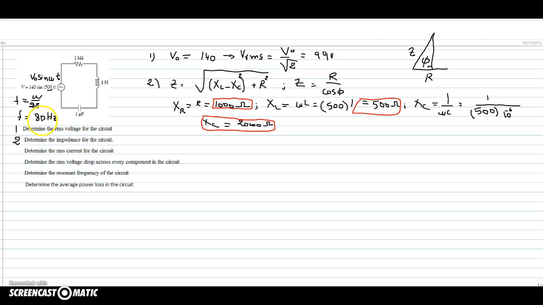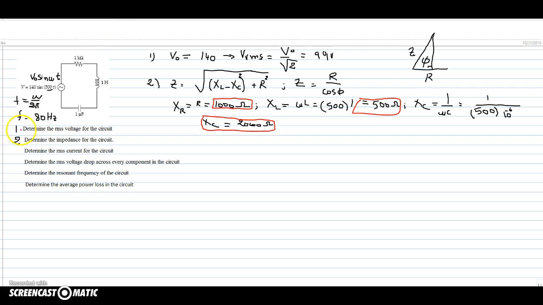Alright, now we have here typical questions. What is the RMS voltage, the impedance, the RMS current, the RMS voltage across every component, the resonance frequency, and the power? These are typical questions you may expect. So the first one is,